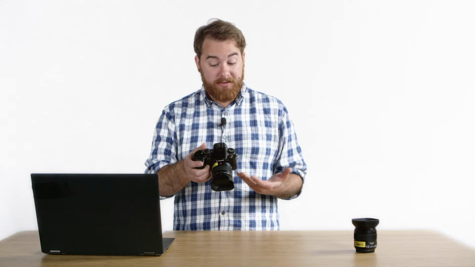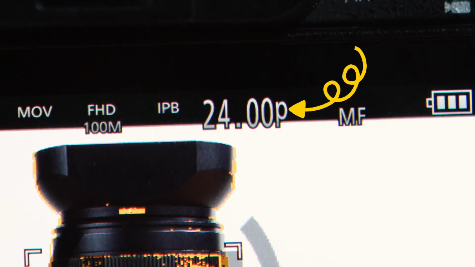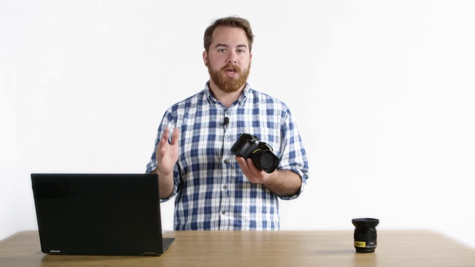per second. To make sure that your camera is in the correct frame rate, you're going to look at the display screen on the back of your camera. Up in the top right center-ish area, you're going to see a numerical value, either 23.98 or 24p. If you notice that your rate is a number that is different from either of those, you need to change